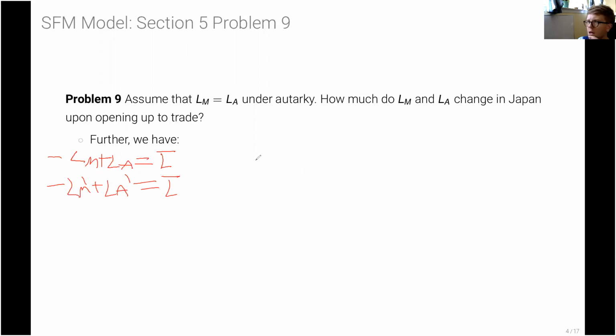Going back to percentage changes and what you saw in section 0, you can note that if we know what LM is and we know what LA is, then, if we know what LM prime is,